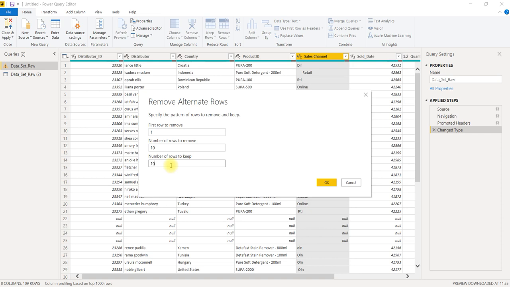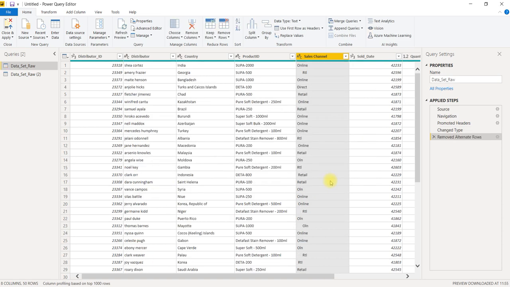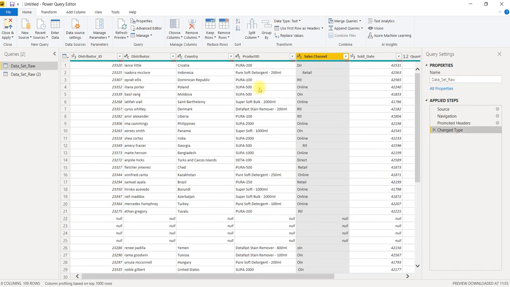I said 10. Now you can see the 10 rows are deleted from the top, and alternate deletion started. Like this you can delete the rows.